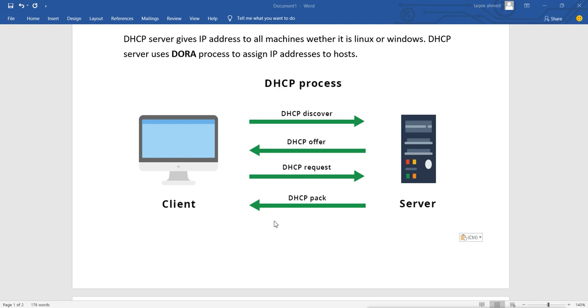Then the server will offer an IP: if the same IP is available, it will assign the same IP to the client, and if that IP is not available, it will assign another IP. So when the client is using an IP address from DHCP, sometimes it can change. Now this is the DHCP process, the DORA process we have in DHCP.